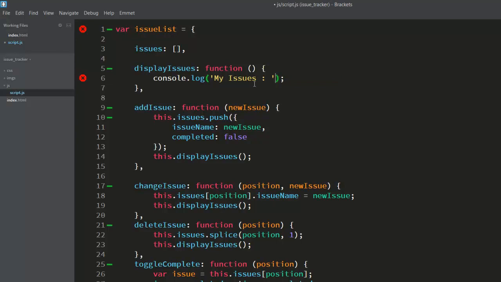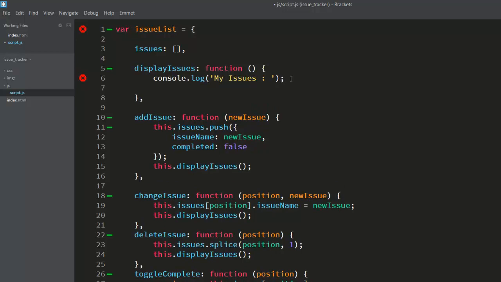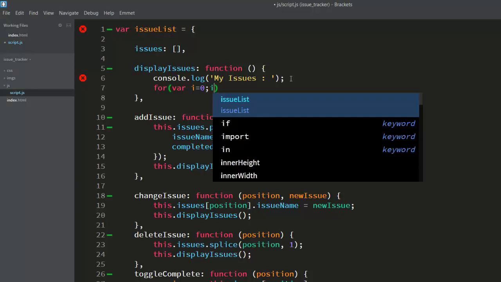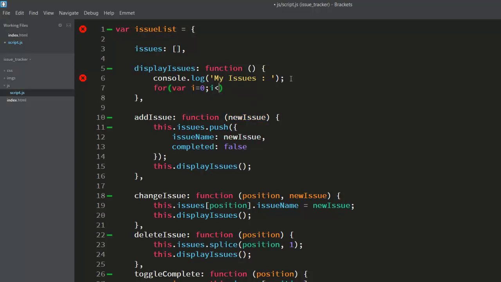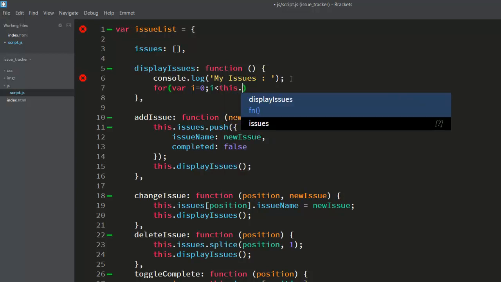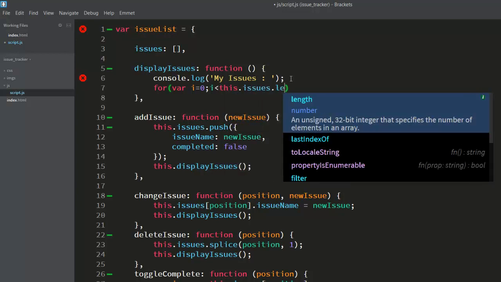Let us just remove this from here, and here what I'll do, you all will be aware of the for loop. So let us run this for loop. I'm going to create one loop here, starting with the 0th index, and I will be going till this dot issues dot length.